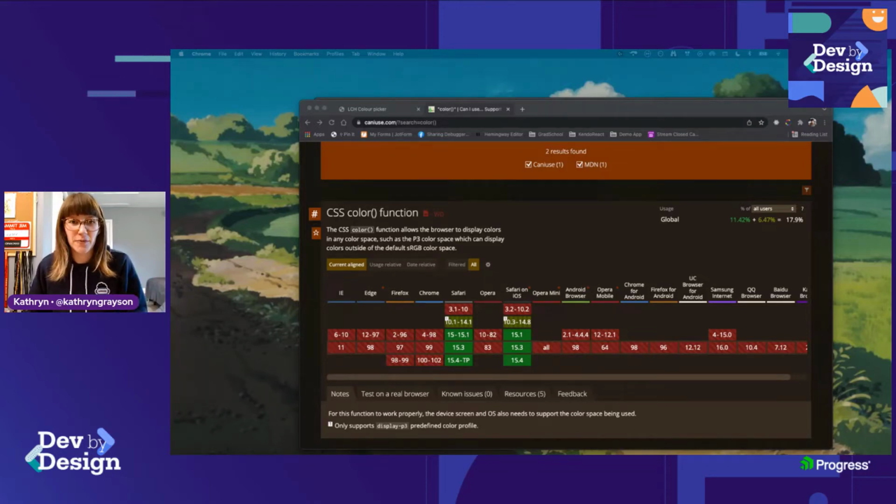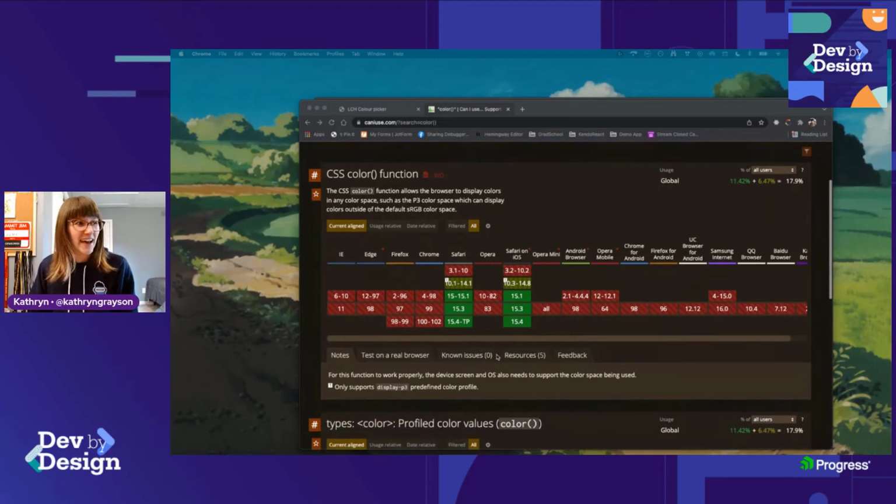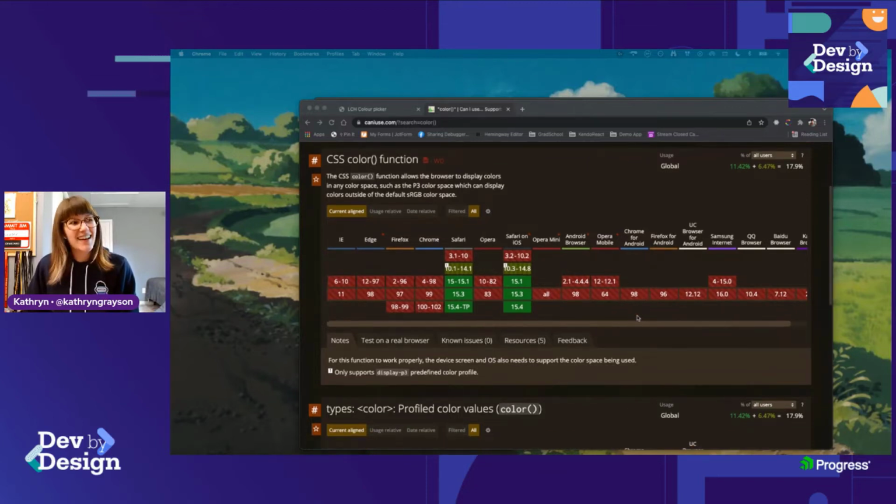I think that has to do with, of course, their ties to Apple and Apple's support for wider color on their screens. So it makes a lot of sense that if Apple is going to be promoting these devices that have this wide gamut color spectrum, that Safari then needs to support that. So we're seeing them lead the rush. Hopefully that means that we'll see some pressure on Chrome and Firefox to pick those up relatively soon. Because yeah, iOS support